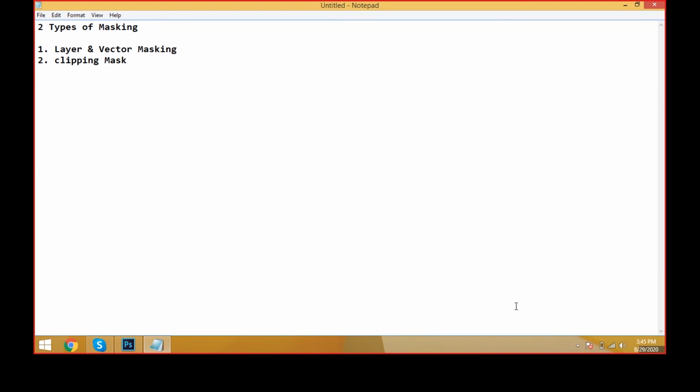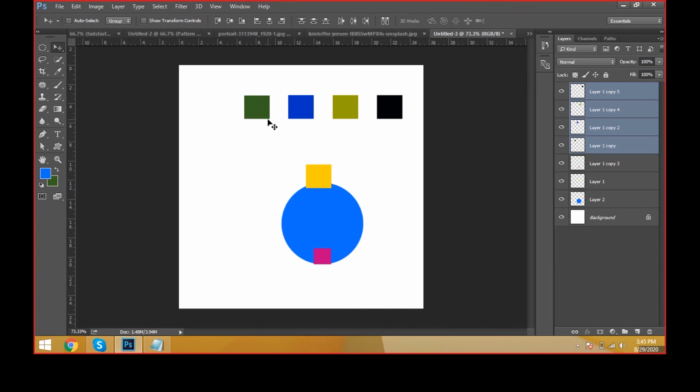Layer and vector masking, and the second one is clipping mask. Okay, and what is masking? What will the mask do? The mask will hide part of the image, and only the visible part that we want to see will be visible. We can remove the unnecessary part and keep only the necessary part we have to see, and hide the unnecessary part. That is called masking.